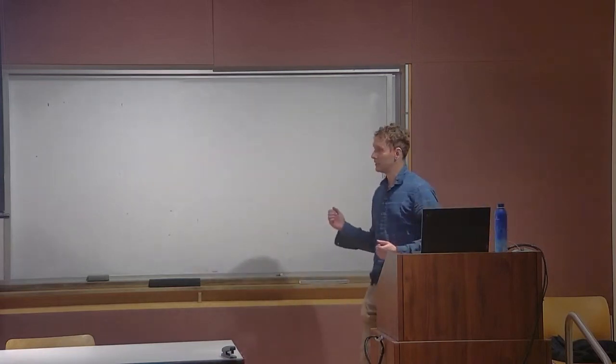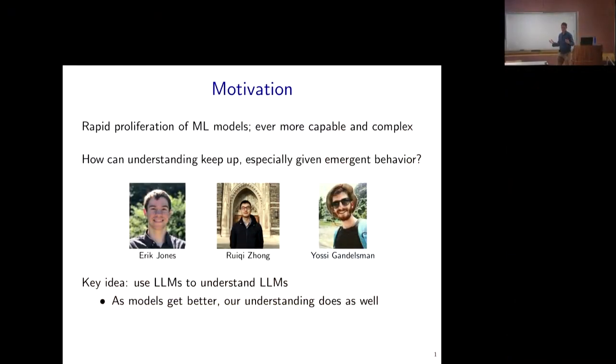So what's the motivation here? The basic motivation is that there's this rapid proliferation of AI systems being deployed. We had GPT-4, then we had Mistral, then we had Sora, and then we had Claude 3. They keep getting better, but they also keep getting more complex, and they are doing more and more different things. And often they do unexpected new things. We get emergent behavior where suddenly there are new behaviors or new capabilities that might either be